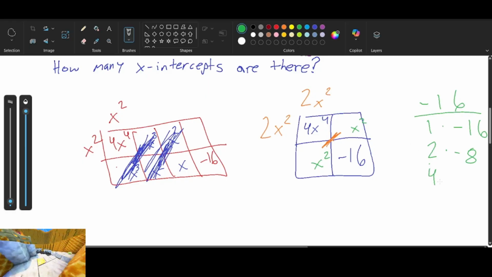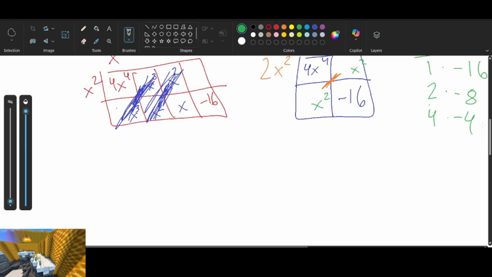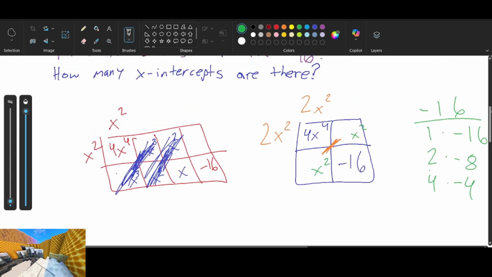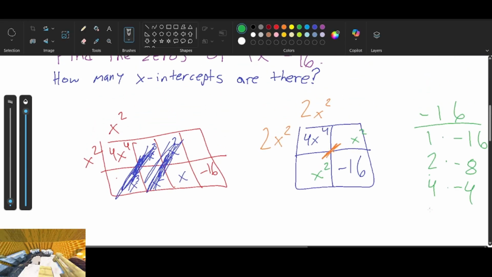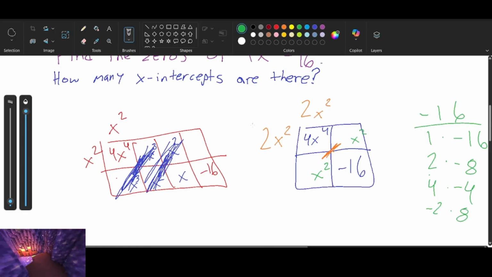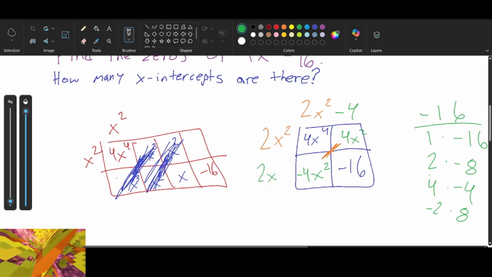I could have 4 times negative 4. I could have this 1 times the negative 16. I could even have, like, negative 2 times positive 8, right? But which of these factors is going to add up to 0? I know I'm going to need a 4x and a negative 4x squared. So I have a 2x squared minus 4 and a 2x squared, oops, sorry, and a 2x squared